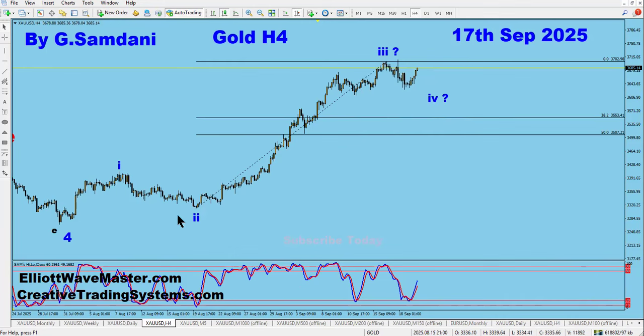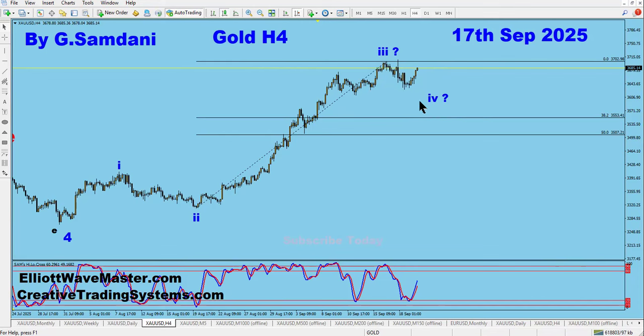So this is wave one, this is wave two, three, and then this could be A, B, and then C will come down here, or an A, B, C, D, E triangle, something like that, right? So far, I think this is A and this is B if we get stopped here. If we go to the upside, then we will see what kind of count this is and what is really happening. But it looks like I'm on track right now and my count is good, and it's probably going to drop for some kind of leg for wave four. Wave four is not finished just yet.